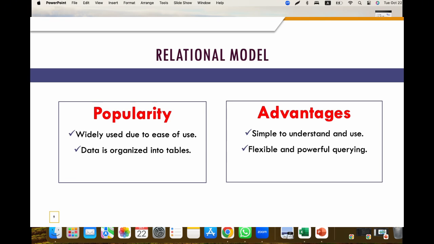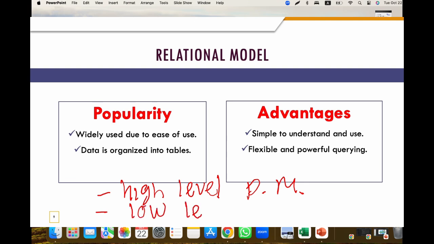I will write it down here. The first one is the high level data model. The second one is the low level data models. And the third one is the representational